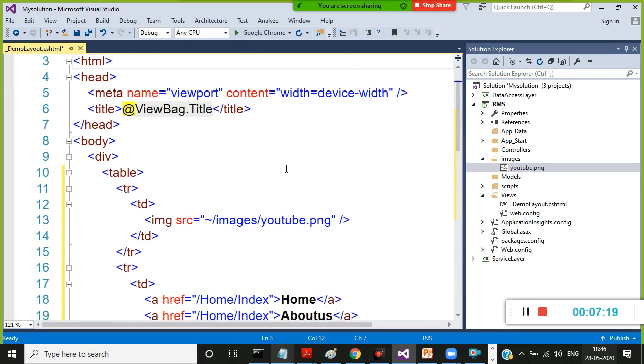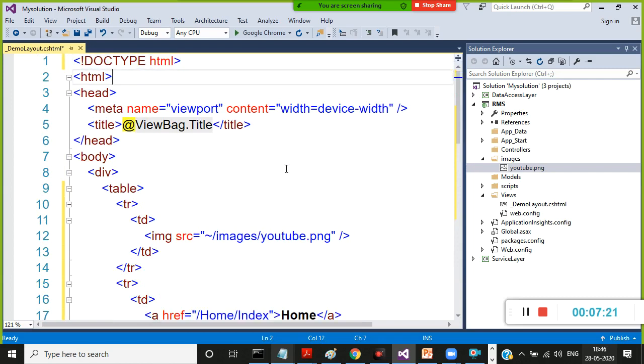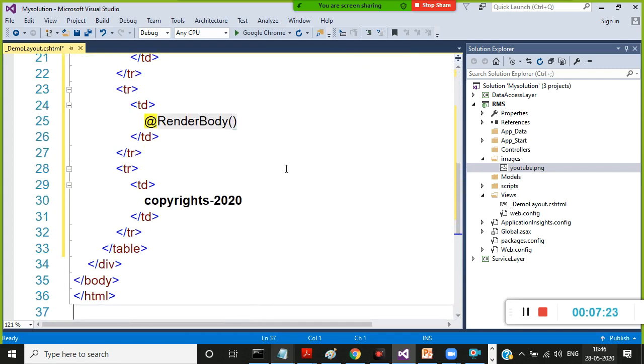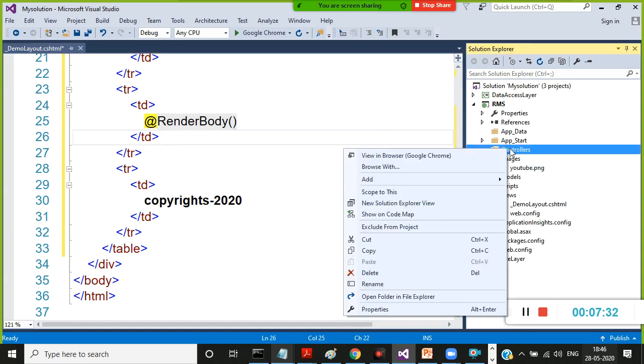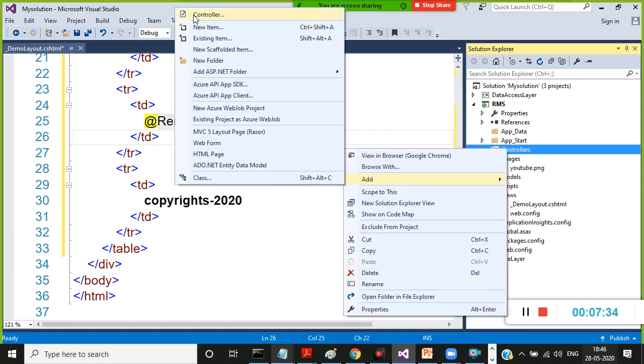Don't do any design in C part. Leave that one empty. Is it clear? This is my layout. Common layout is ready. In MVC, you cannot see the design view. Similar to your ASP.NET, here there is no toolbox, no drag and drop, no design window. Just imagination, and you have to see it in the output.